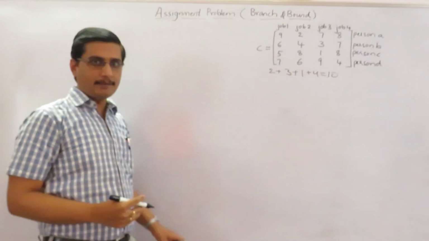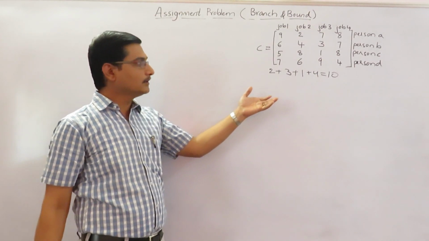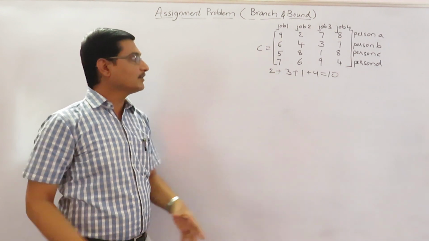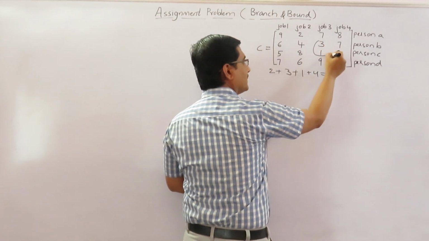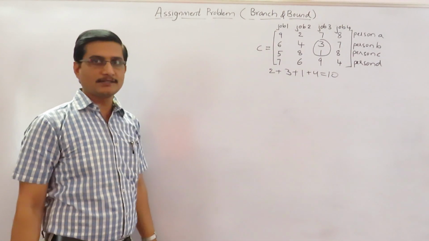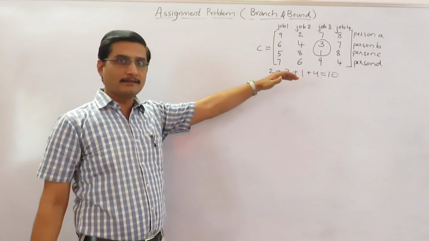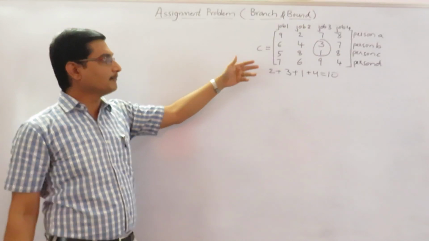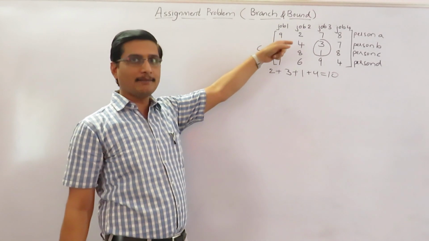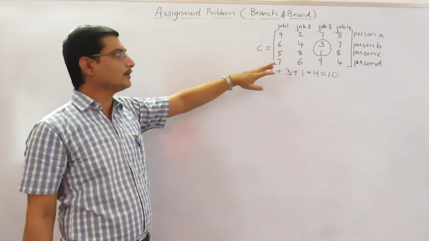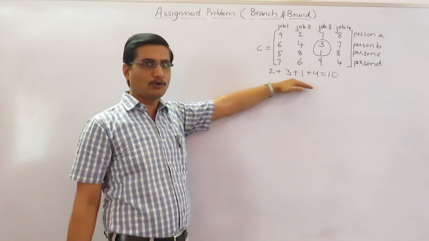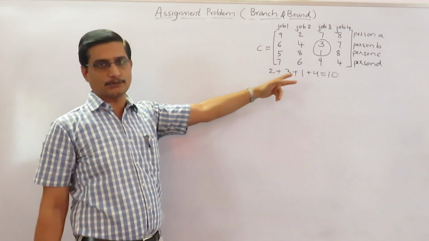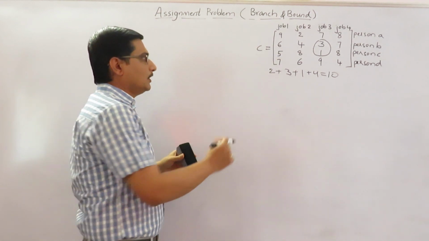Definitely the optimal solution we are going to get cannot be less than this value. And of course, this cannot be the solution, because see that 3 and 1 are coming from the same column. Definitely it cannot be the solution because that violates the constraint. The constraint is we cannot take 2 values from the same column. It means we cannot assign the same job to 2 people. So we cannot take it like this. But still we can consider this as a lower bound, because the least total cost of the jobs cannot be less than this one. So we can take this as the lower bound.